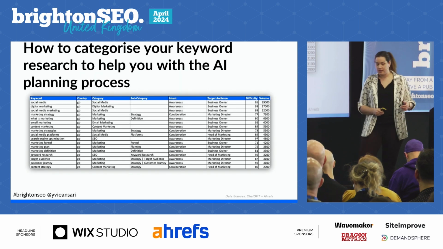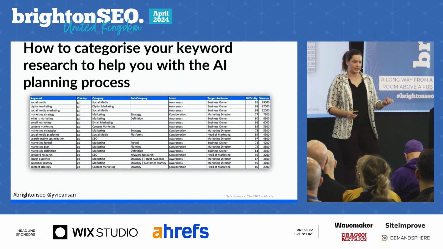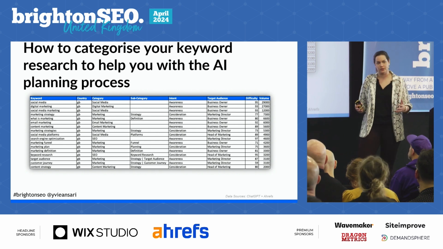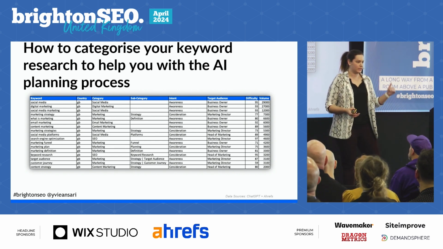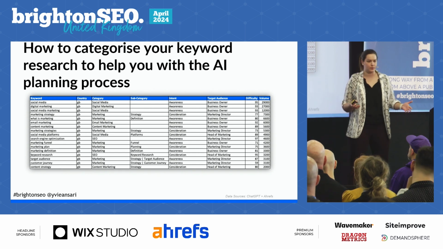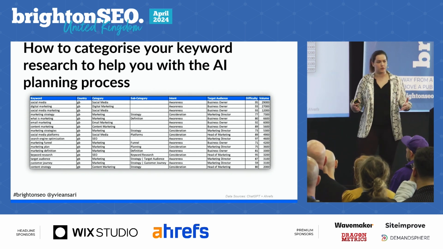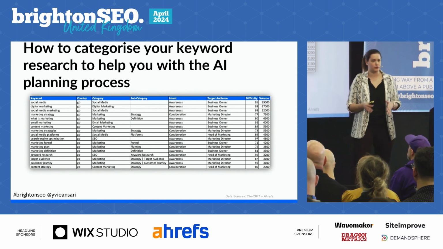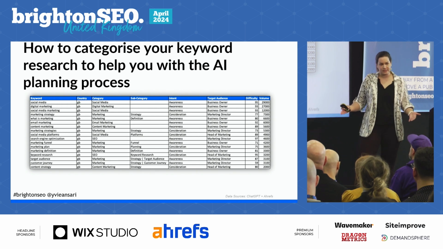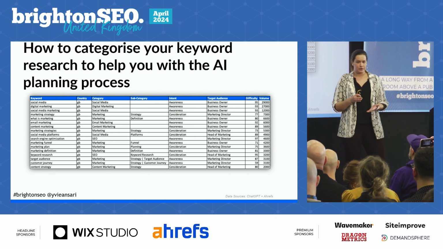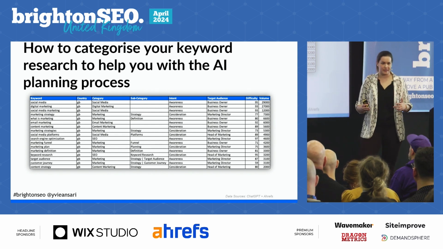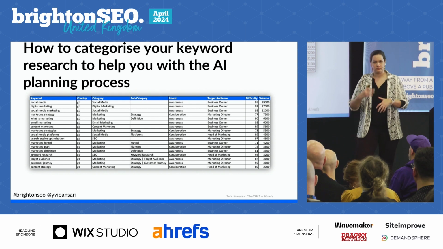Now, the next thing you're going to want to do is categorize your list. You will all know that having a list of keyword research is one thing, but actually categorizing that list down is where it gets really useful, because you're not going to create content for every single keyword that you have. You're not going to create a page for every single keyword. You're going to create content based on content topics and clusters. So this is where you want to essentially categorize your content down into categories, subcategories, and then go a little bit deeper and include intent and also your target audience, because every brand will have multiple different personas. So it's really important to make sure that you've actually got all of that down when it comes to your